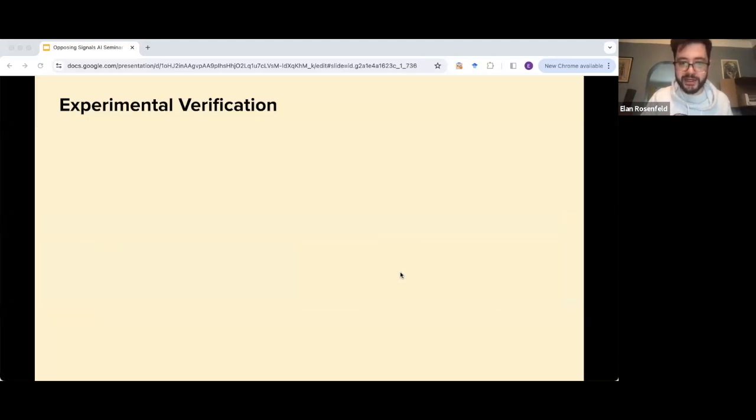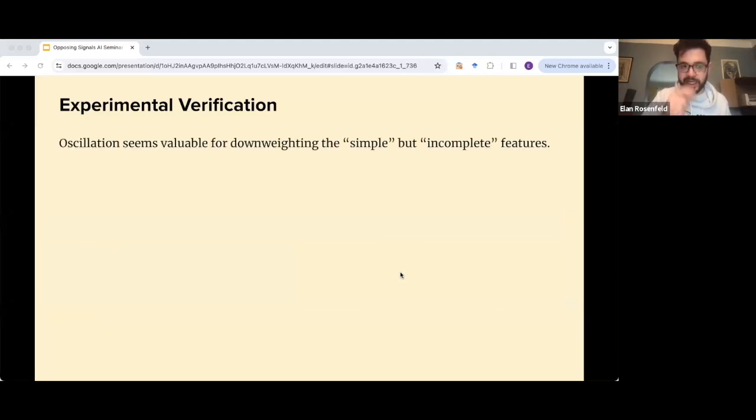Another aspect of verification here, as I mentioned, the oscillation is what allows these quote unquote simple features to be downweighted. Simple, again, meaning that they're pervasive, they're very present in the image, they're readily available at random initialization, and you can somewhat use them in the beginning to reduce loss, but they're not super helpful in the long run. So very simple features.